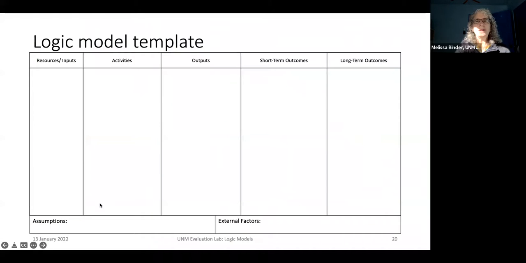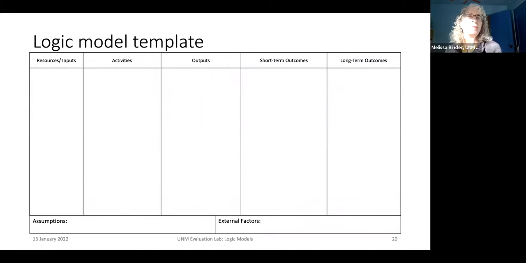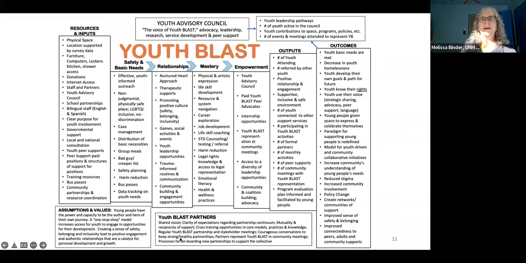Okay. Here's another template without any arrows, which is also available to you. These are in Word format so that you can just add to them. It's just got the list. You make a list and then you add them here. And let me show you an example of this.